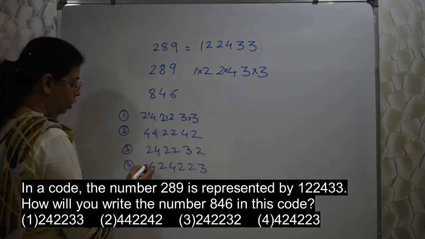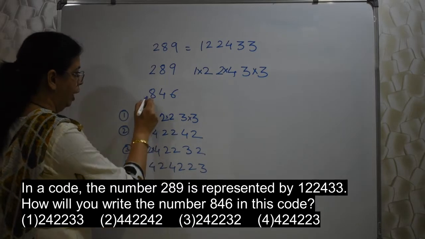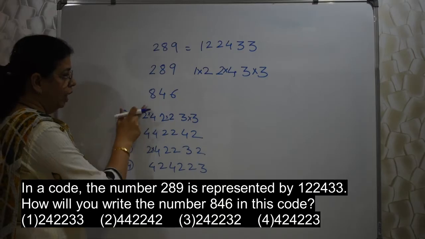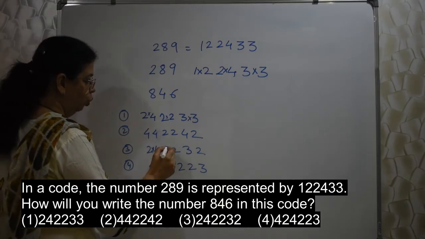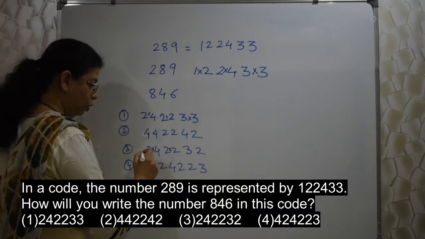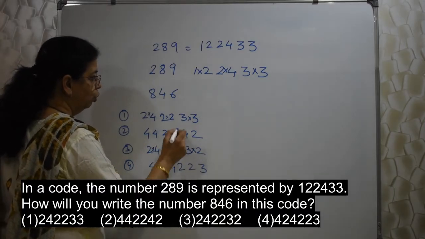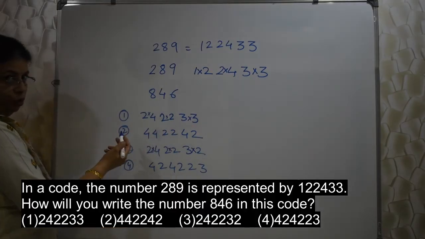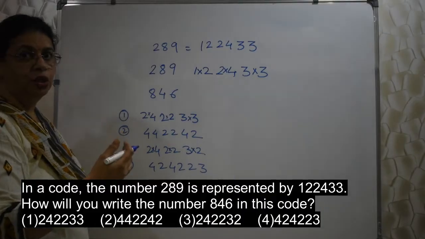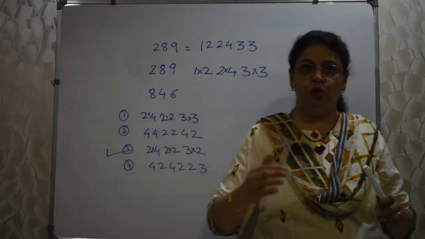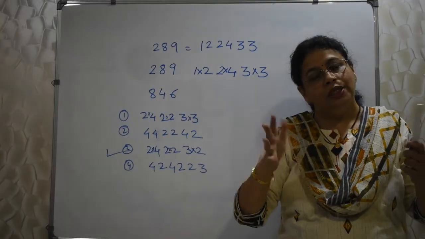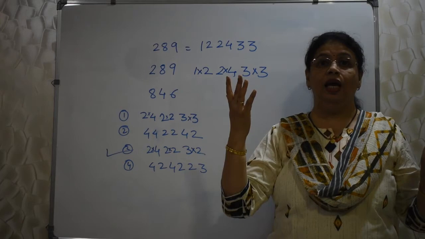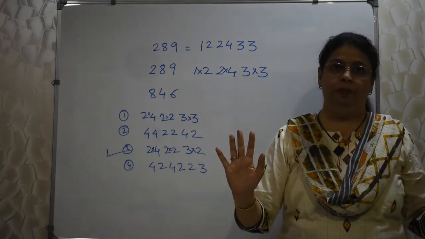अभी 2 into 4 ये देखते हैं पहले. 2 into 4 8. See how to save time. I have jumped to this third because ये तो मिला है ना मुझे. So I'll make use of that first. 2 into 2 4 ये भी तो मिला था. So that's why I'm trying this third option. 3 into 2 6. Yes. So why will I waste time seeing this second option, isn't it? So these quick decisions you should take. Don't worry. As you practice, you all will know this automatically. You need not worry about that. Okay, मुझे कब कैसे आएगा at the time of examination? It will come. Don't worry.